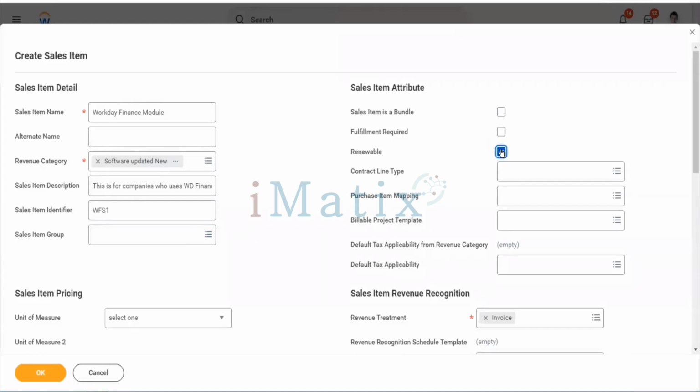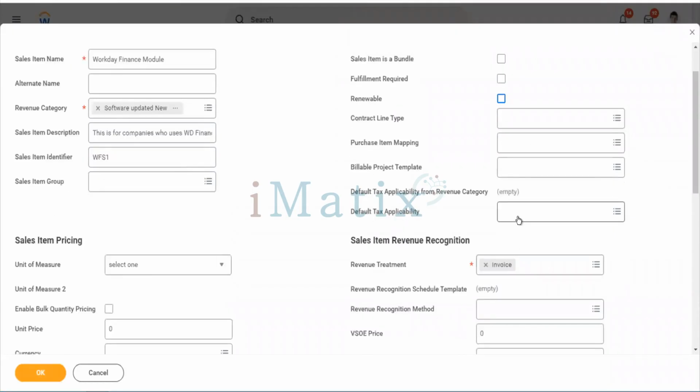But after 1 year, do you think it will be renewed? Or are there chances that we would use the sales item again to sell it to customers? If yes, then click on this checkbox. Otherwise, keep it blank. We'll skip this information for now.